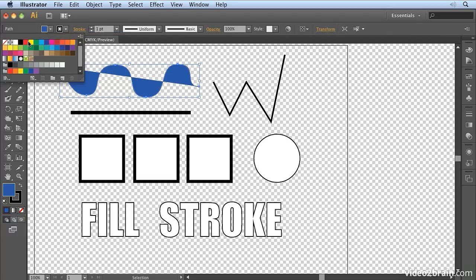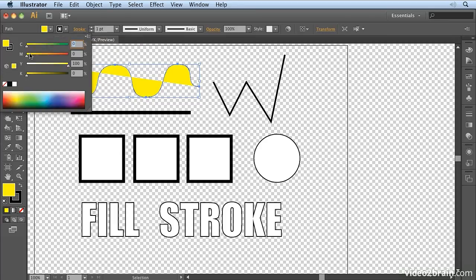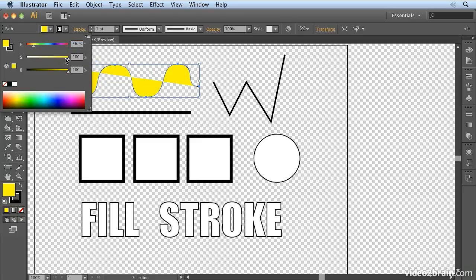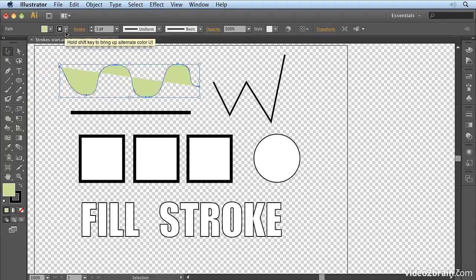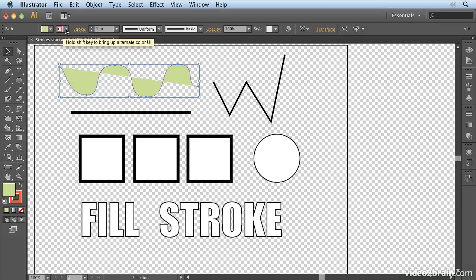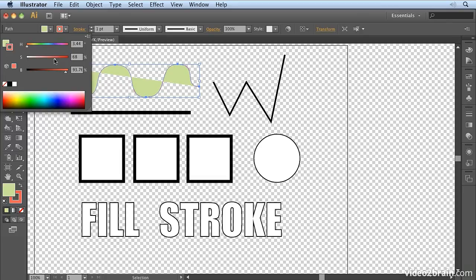But I quite like just being able to click and select a colour in here. And if you hold down Shift when you click it, you get mixers. So if you want to maybe mix colour using HSB, which is my favourite, I can just tweak that colour. So really having access to the colour mixer up here is a really nice touch. Same with your stroke, you can just choose a swatch, and then if you want to adjust the swatch, just hold down Shift and click again,